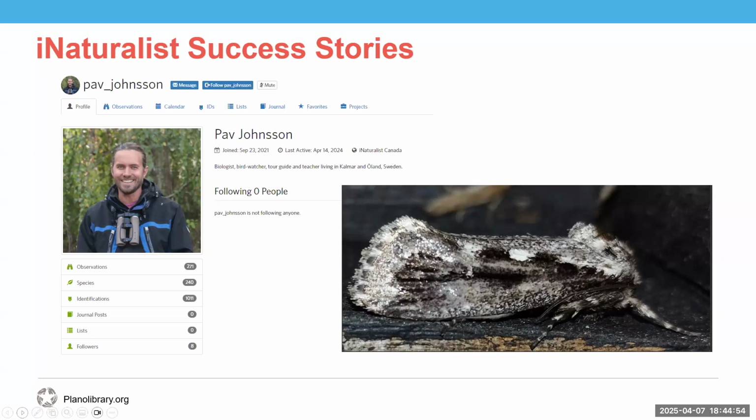This is a frosted phoenix moth. Now, it doesn't look like much. It's not super flashy, but it hadn't been seen in 65 years. So they assumed it was extinct, and no one had ever taken a picture of it before until now. So he rediscovered a thought to be lost species, as well as got the first picture known to science, which is pretty cool.